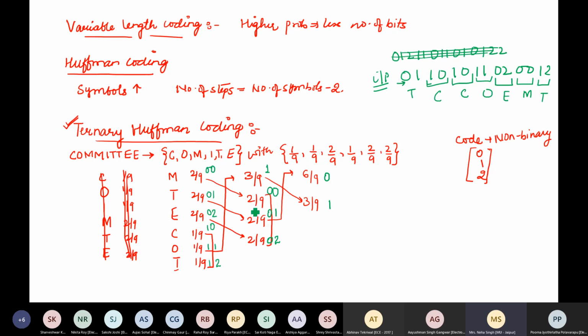The simple rule that we will be following is that whatever is the lower probability being added, we will always keep the sum below the higher probability. So if there was already a 3 by 9 here, I would not have shifted this 3 by 9. Instead, the original higher probability 3 by 9 should have been placed on top, followed by this summation 3 by 9. That would reduce the